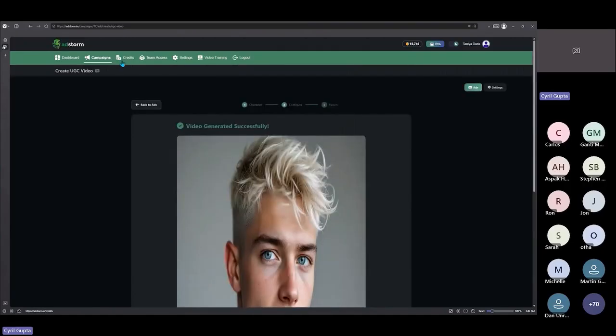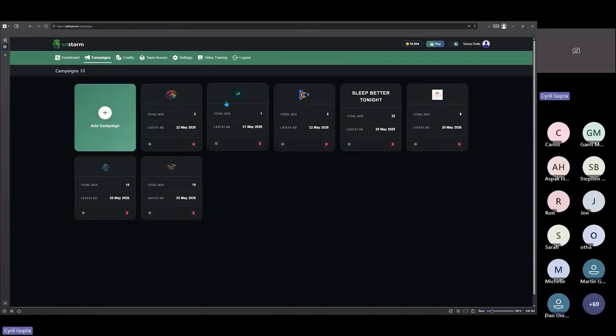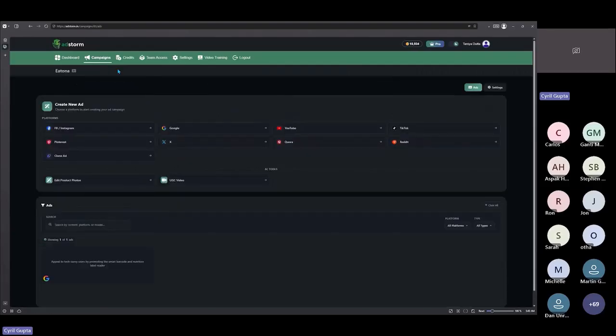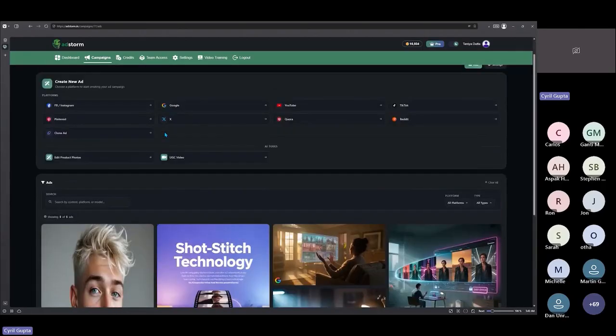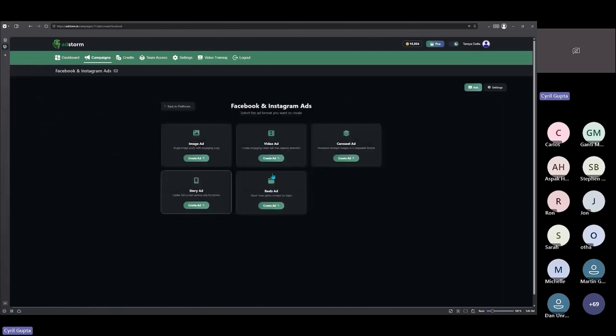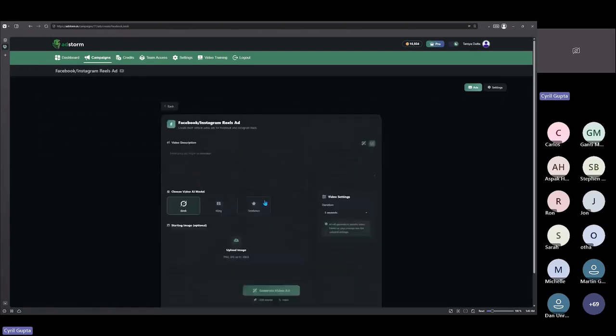So that's how easy it can be to create campaign videos, UGC videos, but you can also create other kinds of advertising. Let's say you wanted to create a small reel for your promotions for Facebook. You could do that, and it supports video ads. So let's create a small reel. And again, I will use AI to use and create the angles.